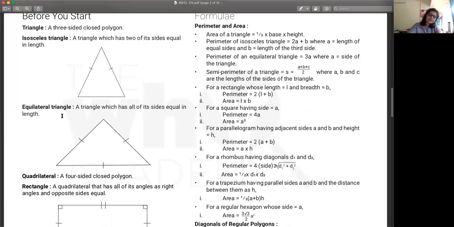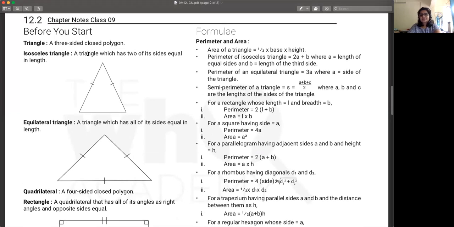And then there are many different types of triangles. You've got your isosceles triangle. What do you mean by isosceles triangle? Two sides are same. Wherever you come across the word part iso, it means that something is same. Like isotopes, in which atomic number is same and mass is different, and isobars, in which mass number is same. Similarly, isosceles means you have two same sides. So in an isosceles triangle, two of the sides are equal.